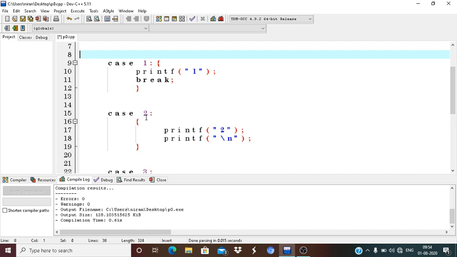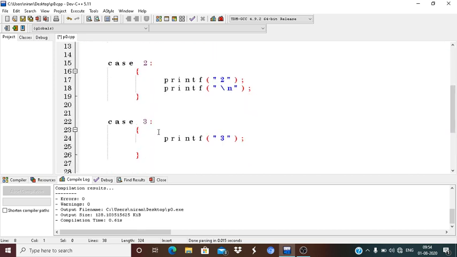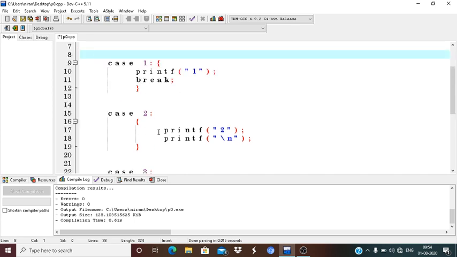After that, you can see that in case 1 I can write a break statement. The break statement helps you transfer the control, or come out of that particular block, and it is required.